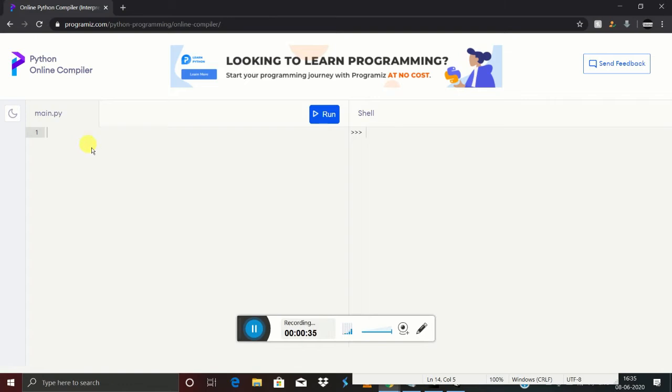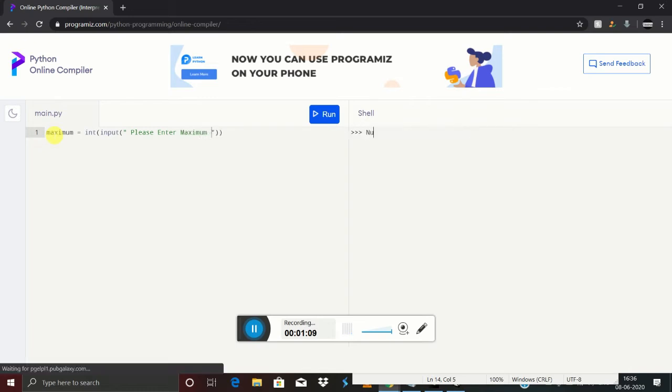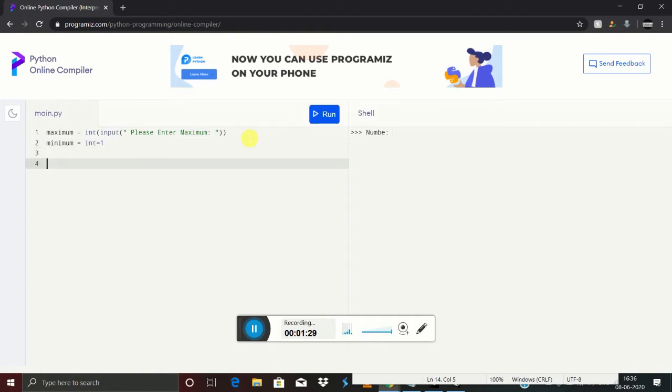Okay, so first we need to start. We need a maximum and a minimum. Maximum is needed to print up to, it means your last number to print palindrome number, and we are going to enter the maximum number. And the minimum starts at 1, or you can write it as int is equal to 1. Okay, so we are giving a message to the user that